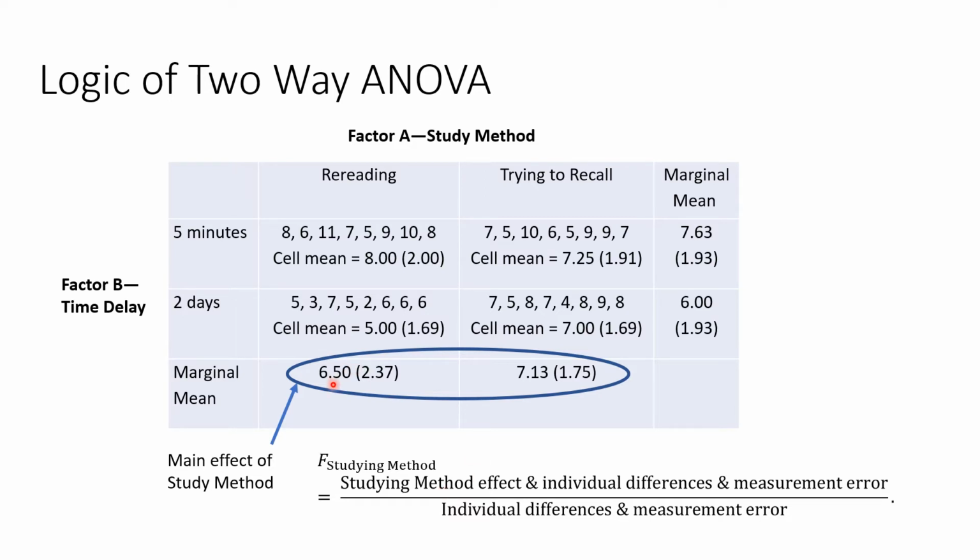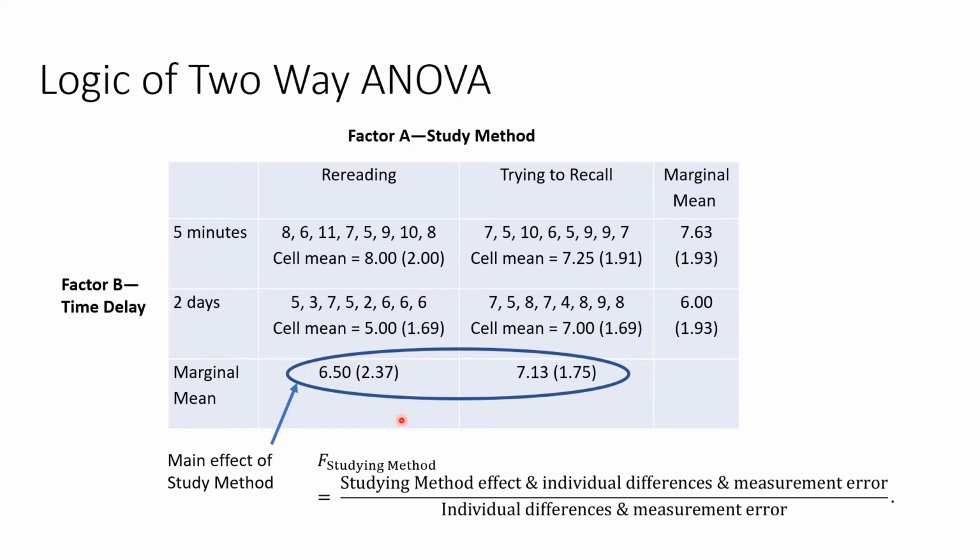So literally what we're comparing is this mean of 6.5 to this mean of 7.13. The greater these two marginal means for the study method main effect are different from each other, the bigger their difference, the bigger this numerator would be,